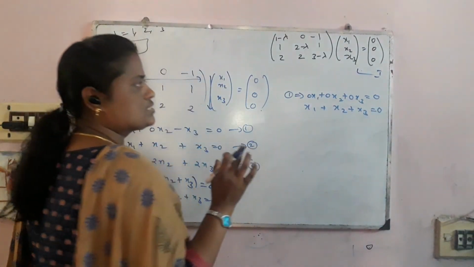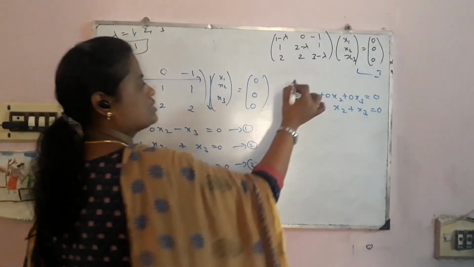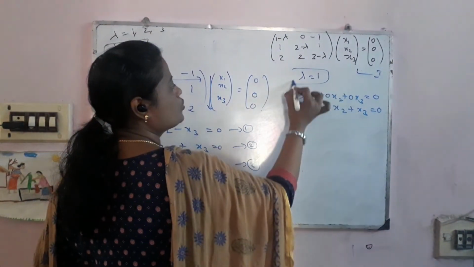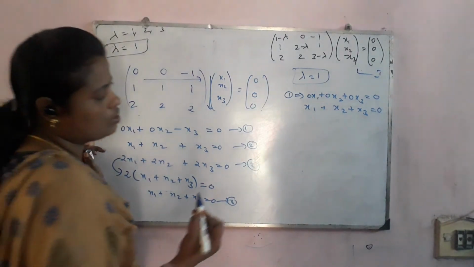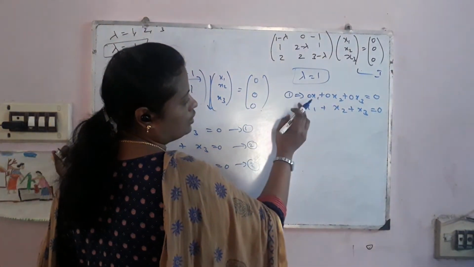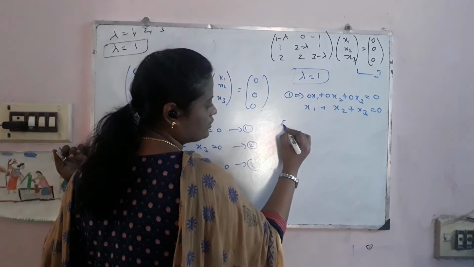Solving these two equations, we will get the eigenvector for lambda is equal to 1. So how to solve these equations? So you have to start with